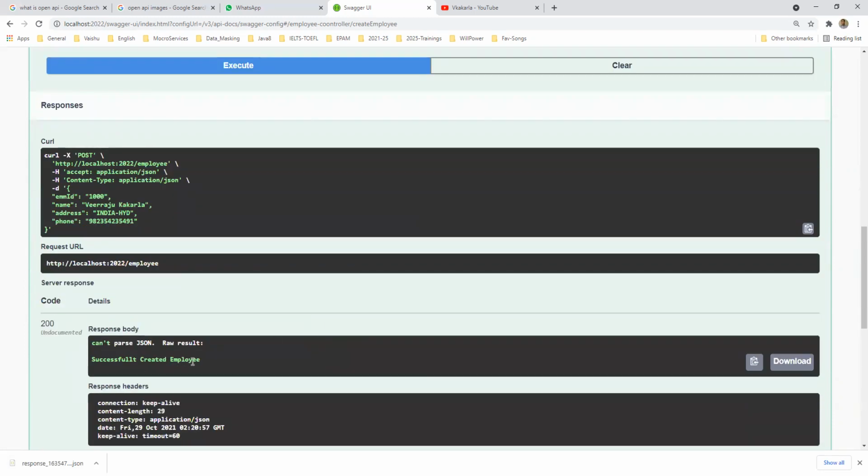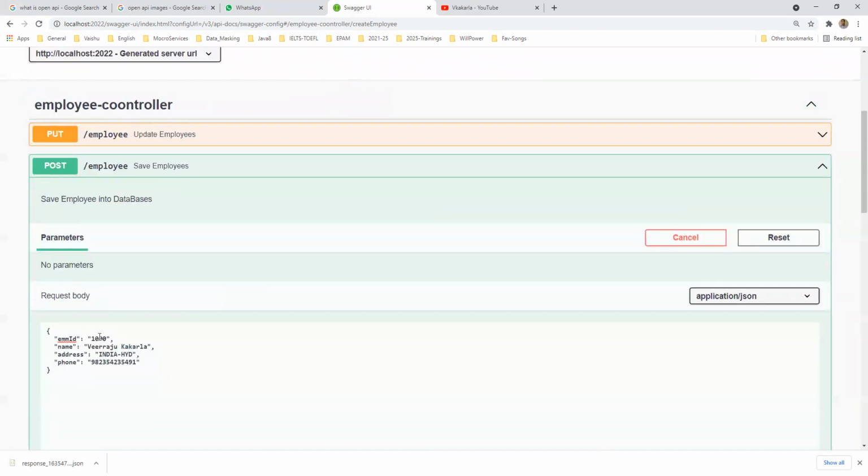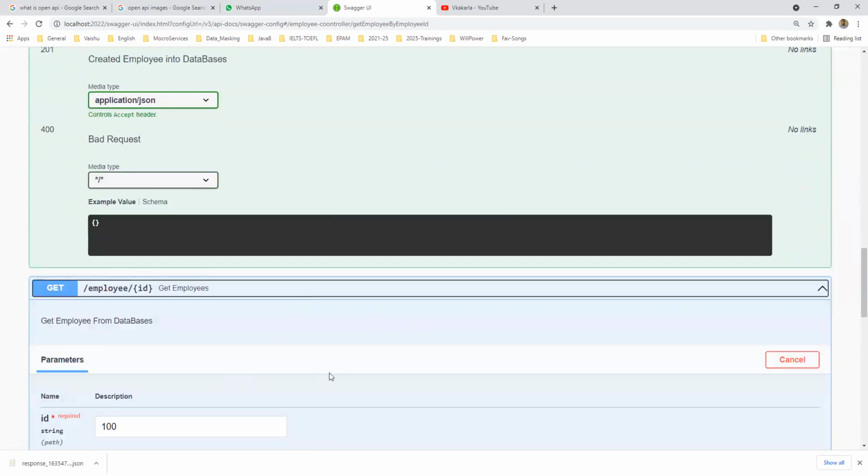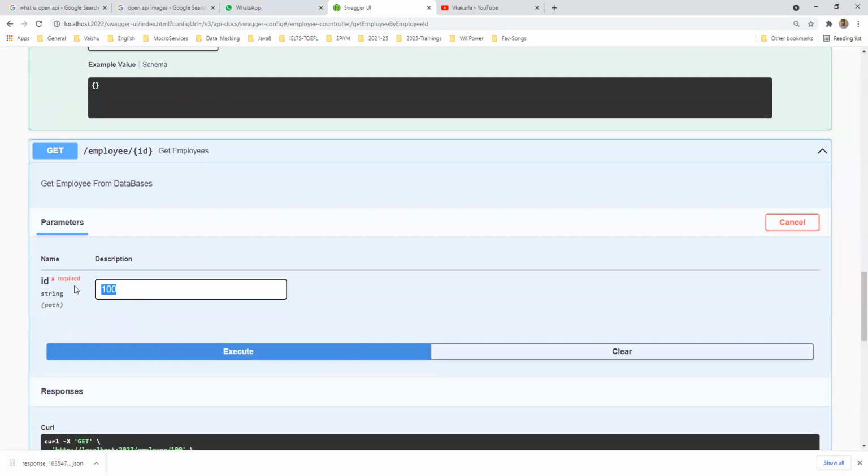So the employee was successfully created. Now I want to get this employee, to see whether it is really saved or not, right? So let me add.